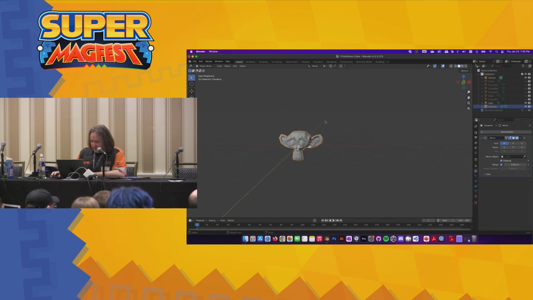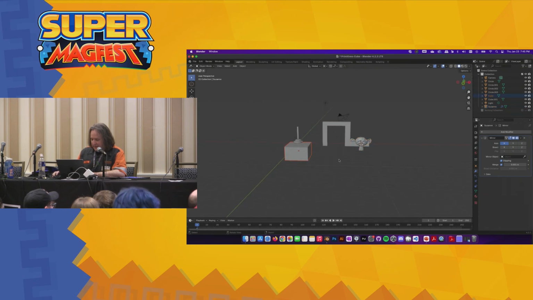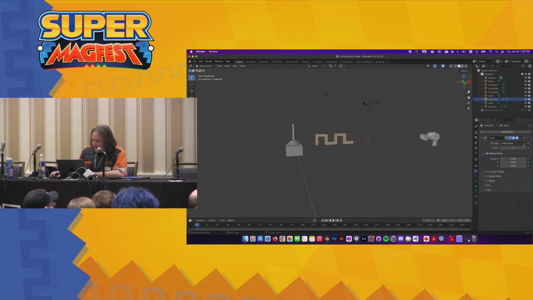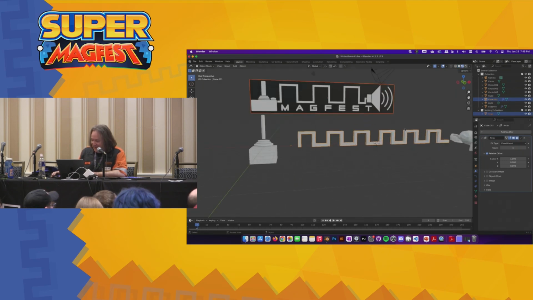So the point of all of this was, if I move Suzanne over here, maybe out of the way a little bit, and maybe unhide some of our stuff. Oops, I didn't mean to hide Blender. Sorry, new keyboard. Okay, well, what are we starting to make here? We'll get Suzanne over here, we'll make this a little smaller, and we're going to show our last modifier here, array, where we can make something duplicate in sequence. And behold, our definitely-looks-exactly-like-a MAGFest logo with a monkey.